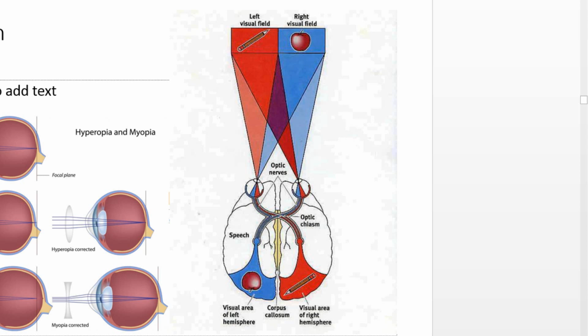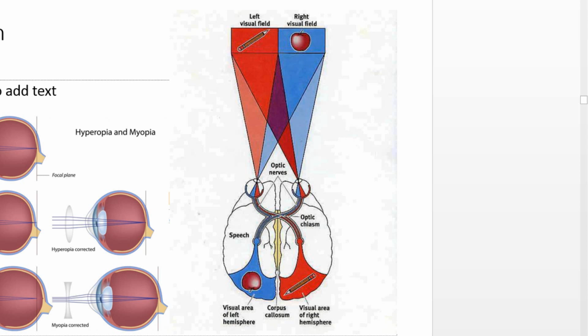Then the person would lose the ability to see things on the left-hand side. If this is not clear, pause the video, stare closely at that image, and trace through the red and blue to see where it actually winds up. But you will see things like this in individuals that have strokes.